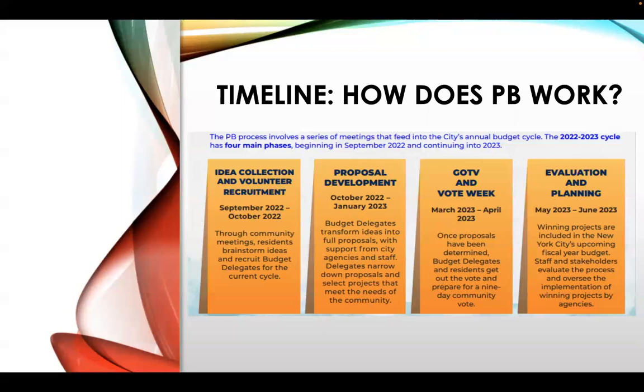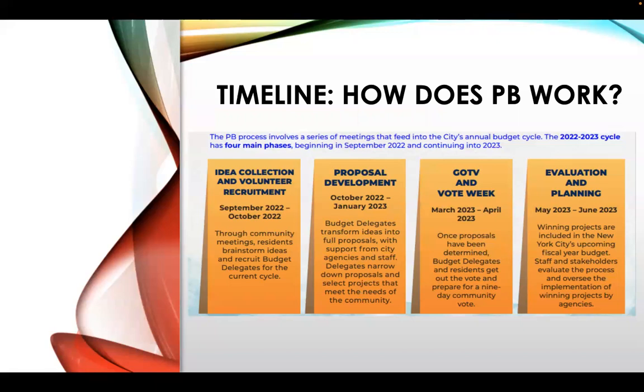They can tell you, okay, this one might cost too much money, won't fit the criteria, and this one is a great idea. And this way you can talk to the agencies and we can decide what goes on the final proposal. Then you narrow down the proposals and select the projects that meet the needs of the community. After that, everything goes on the ballot and goes out to vote, and the vote week is March 2023 to April 2023. Once all the proposals have been determined, the budget delegates and residents get out the vote and prepare for the